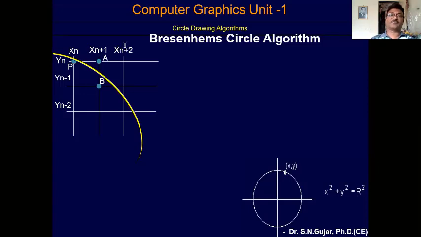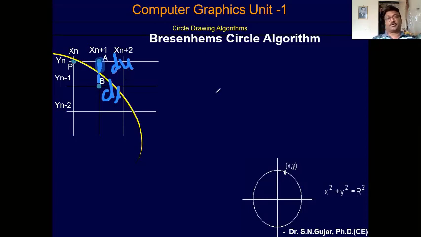So what the Bresenham algorithm says is to find the distance. The distance from the A point to this circle, I put the line. Suppose this is my A to B. This distance and this distance you have to find out. Suppose I have put this as D upper, and then you can put the other as D lower. So D upper or D lower. Okay. Now come to the start of the algorithm.